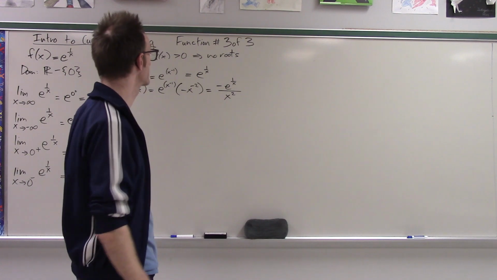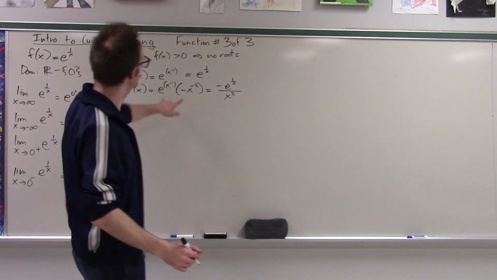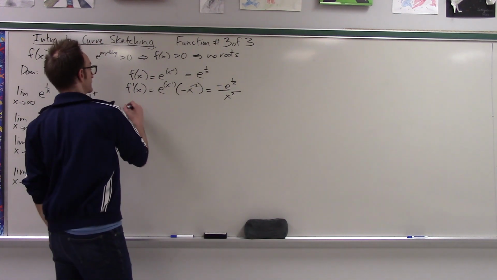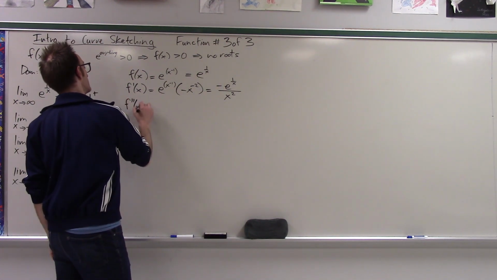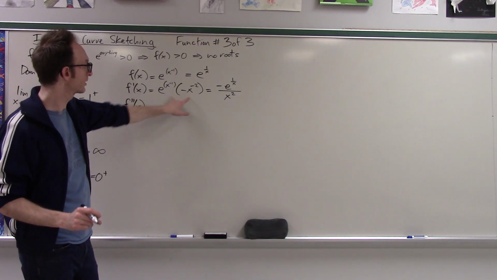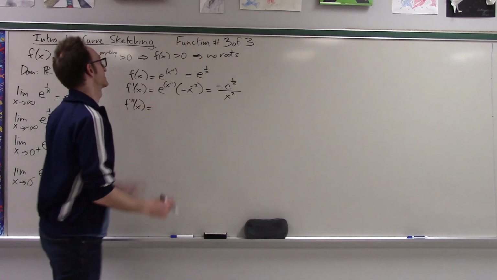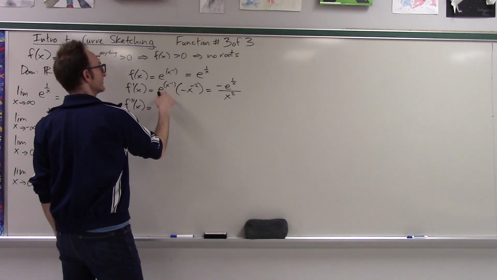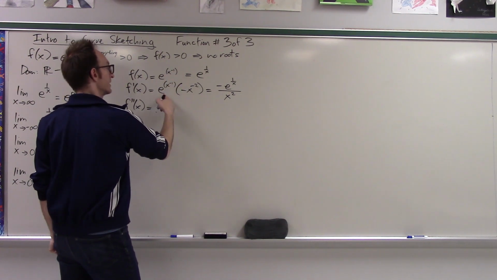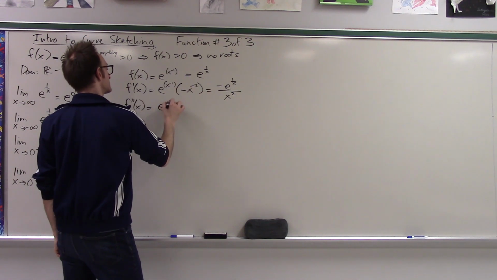We could just do the quotient rule, or we could do the product rule. I actually prefer to just do the product rule in this situation, so I'm going to do that, but you can also do the quotient rule. You'll get the same thing. Okay, so doing the product rule on this form right here, what do I have? I have the derivative of the first. Oh boy. Okay, what is the derivative of e to the x to the negative 1? Well, we kind of did that already. So it's just going to be e to the x to the negative 1